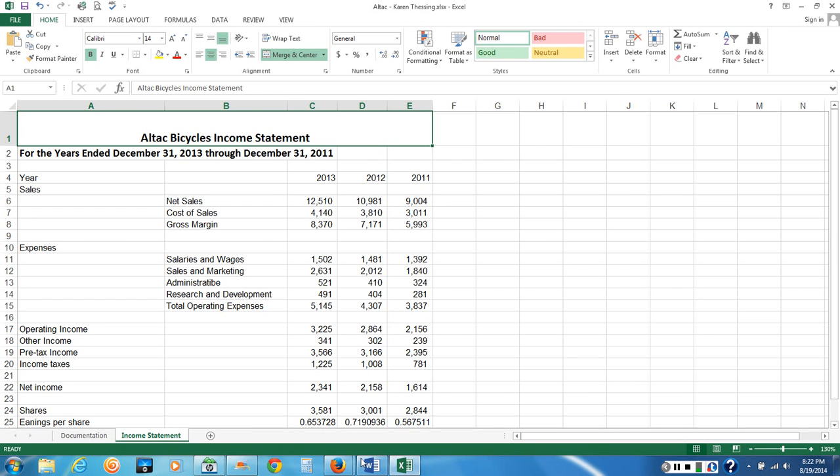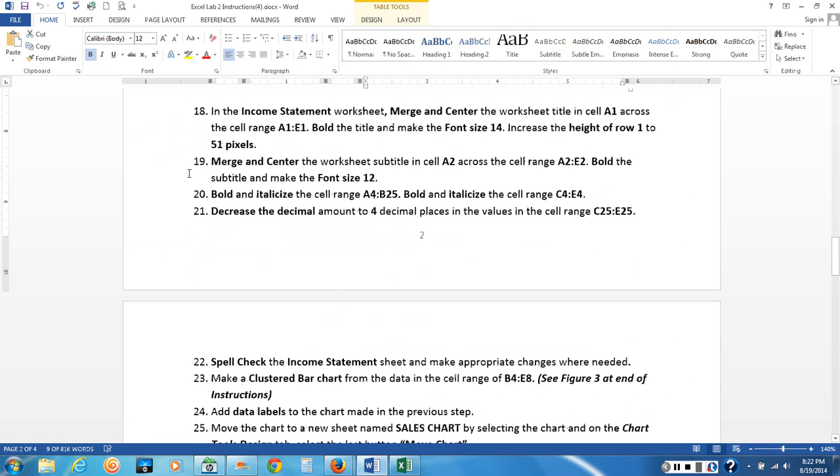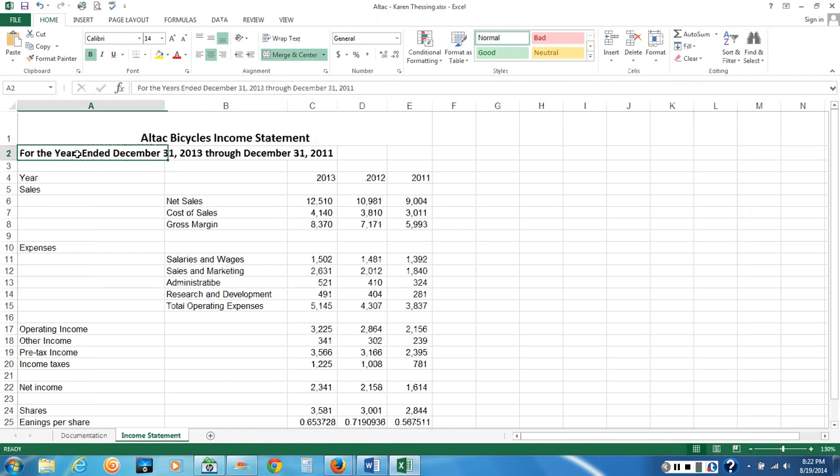Okay, pull up our instruction file. On step 19, we're going to merge and center the subtitle in A2 across the cell range A2 to E2, and we're going to bold the subtitle and make it a size 12. So I'll bring up Excel. We're going to select the range A2 to